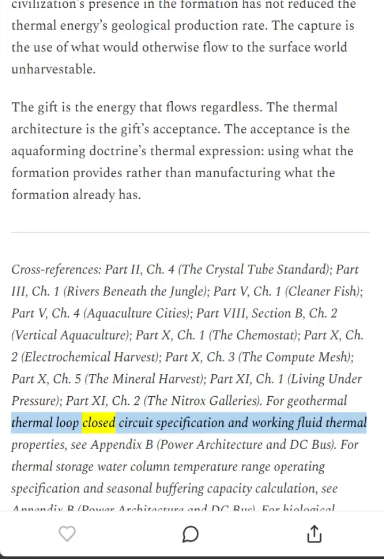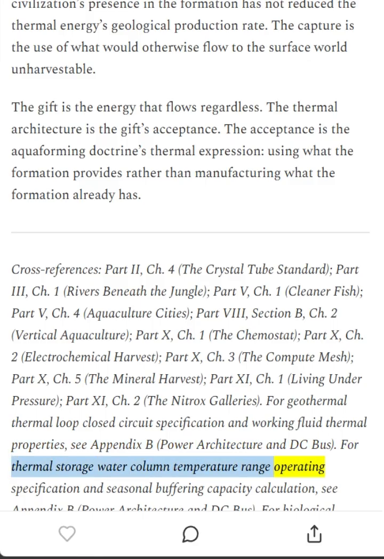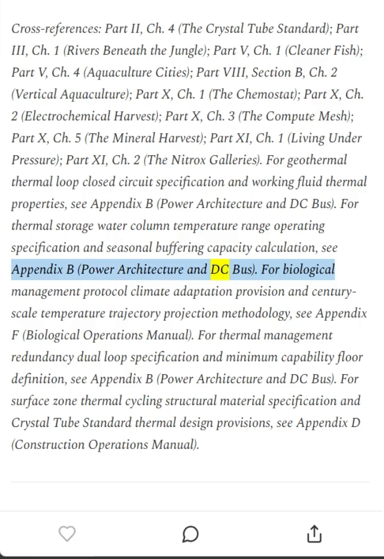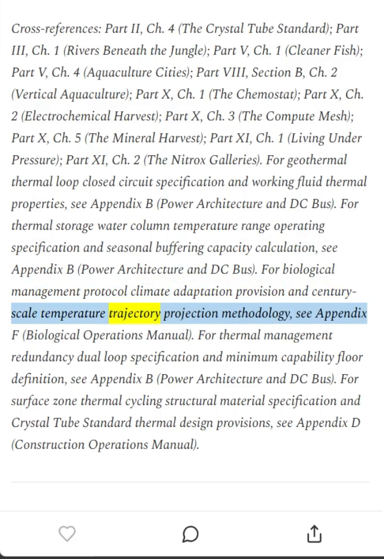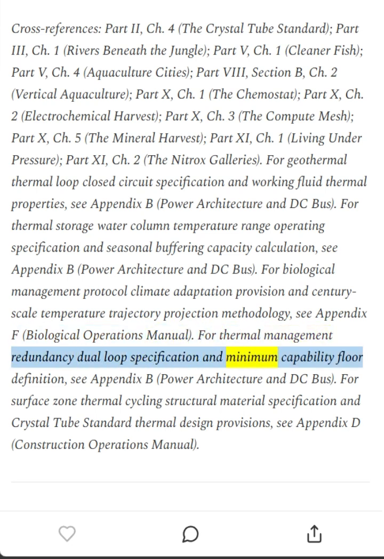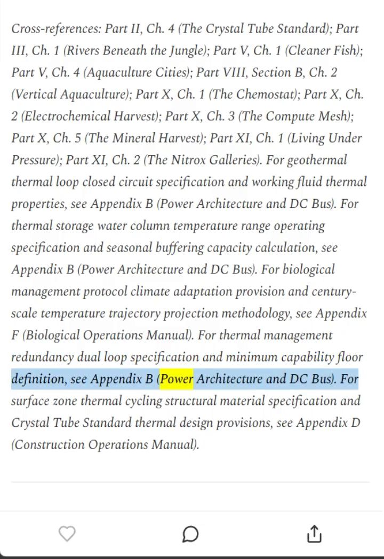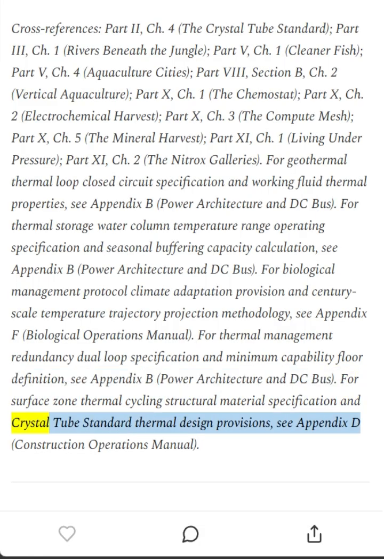For geothermal thermal loop closed circuit specification and working fluid thermal properties, see Appendix B, Power Architecture and DC Bus. For thermal storage water column temperature range operating specification and seasonal buffering capacity calculation, see Appendix B, Power Architecture and DC Bus. For biological management protocol climate adaptation provision and century scale temperature trajectory projection methodology, see Appendix F, Biological Operations Manual. For thermal management redundancy dual loop specification and minimum capability floor definition, see Appendix B, Power Architecture and DC Bus. For surface zone thermal cycling structural material specification and crystal tube standard thermal design provisions, see Appendix D, Construction Operations